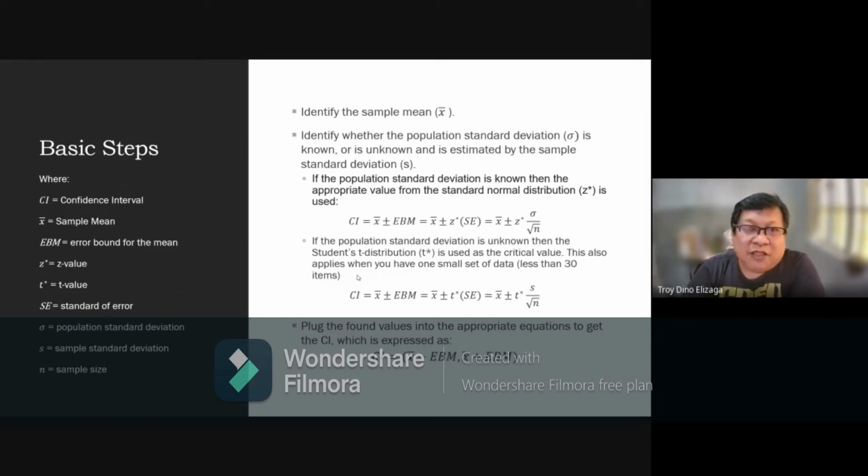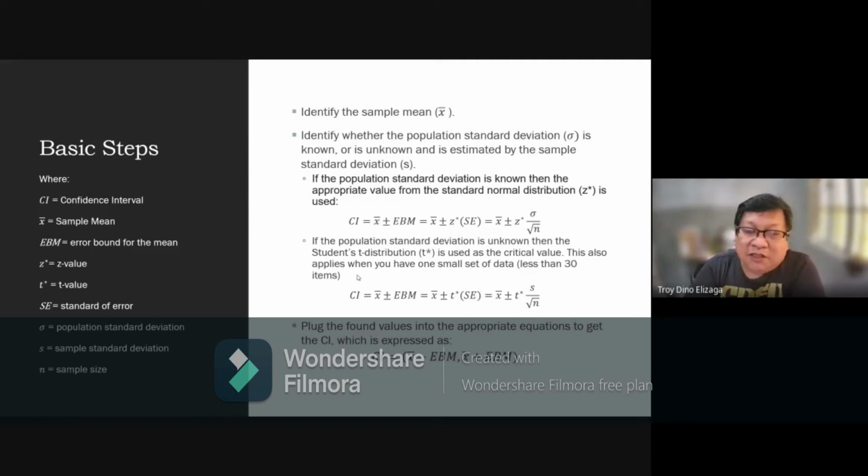over square root of n, or the sample mean plus and minus the z value times the standard deviation over the square root of the sample size. If the population standard deviation is unknown, then the student t distribution is used as the critical value. This also applies when you have one small set of data, less than 30 items. So therefore, the formula for the confidence interval is x bar plus and minus the error